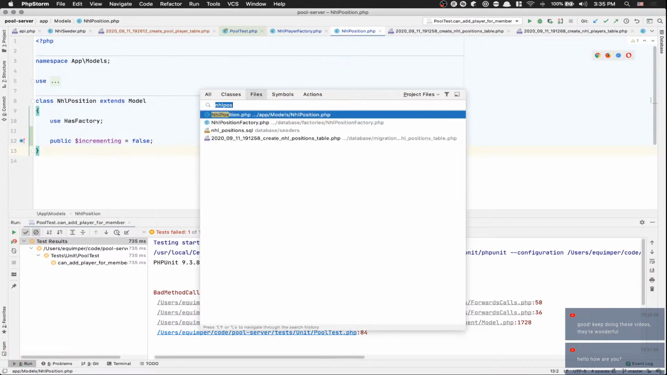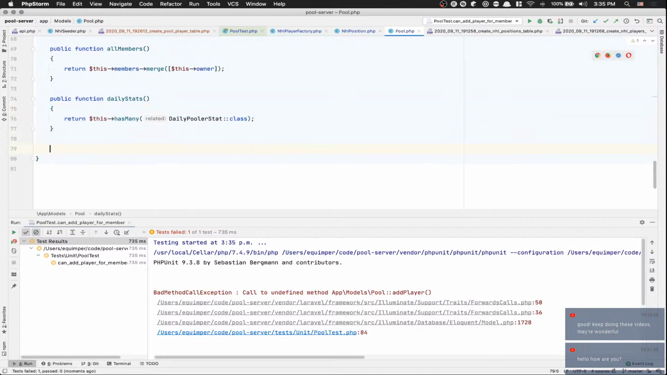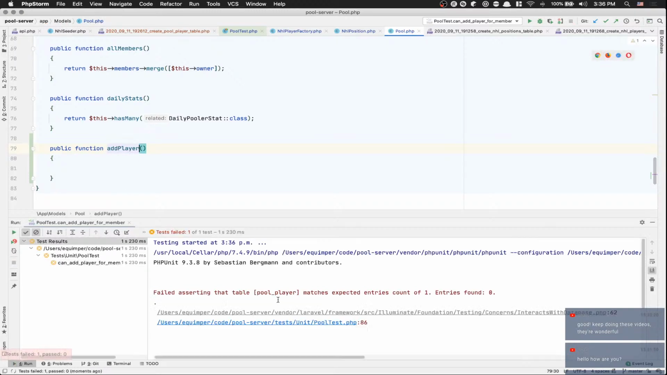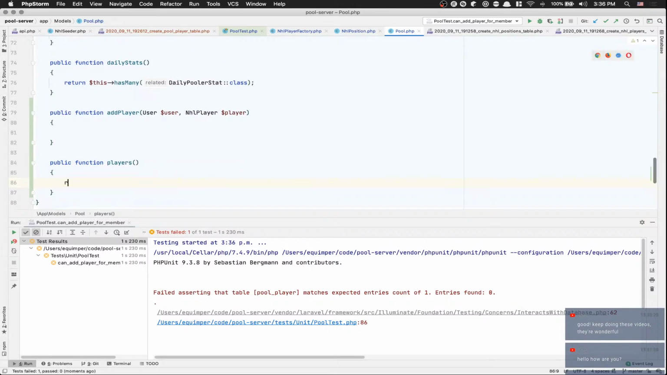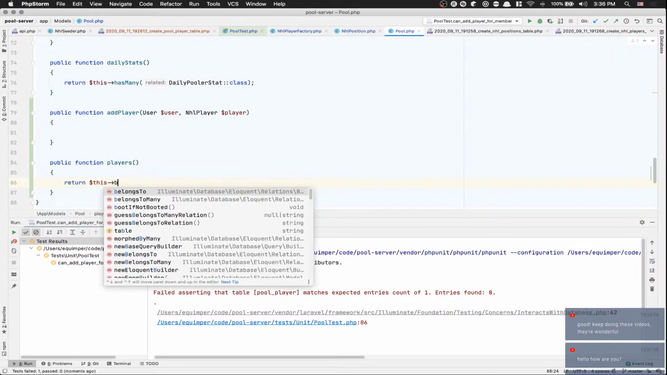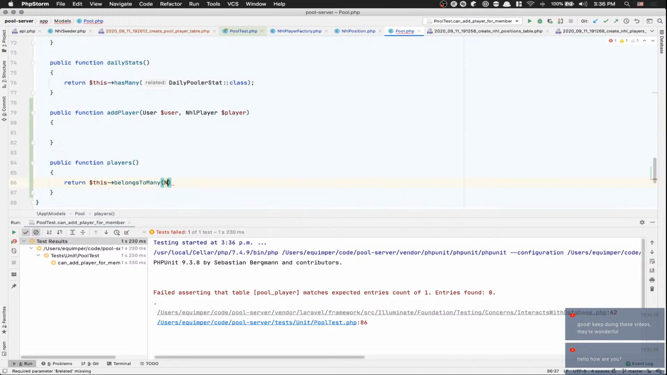Okay. So now I want to add a player. So I need to have a function add player. I'm gonna save. Now it's supposed to add. So the first item here is gonna be the user, and the second item is gonna be an NHL player as a player. But the first thing I need is to have an array of players, and the player is gonna be this as belongs to many NHL players class